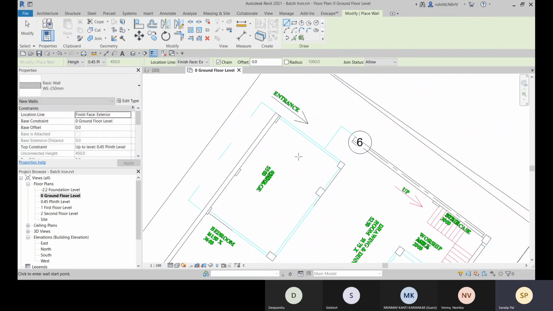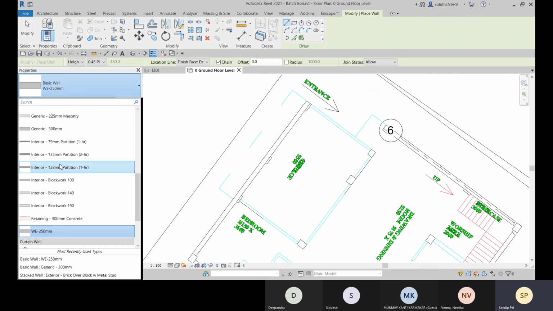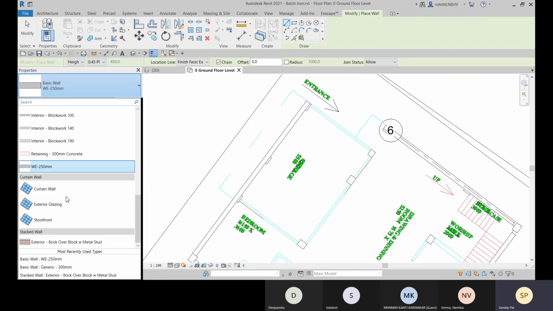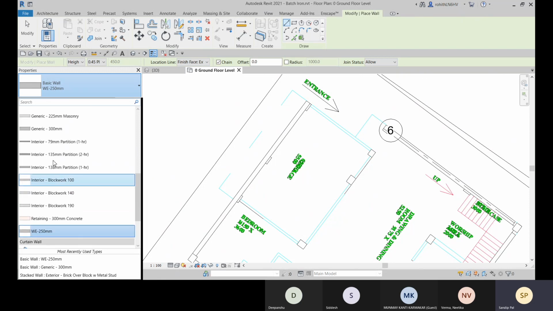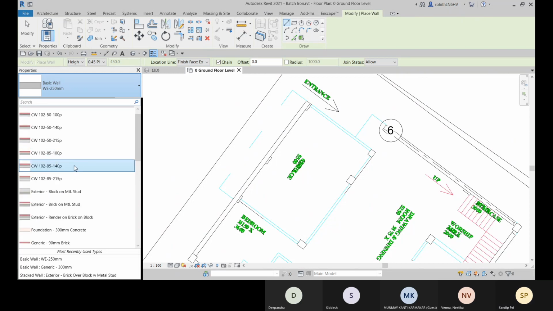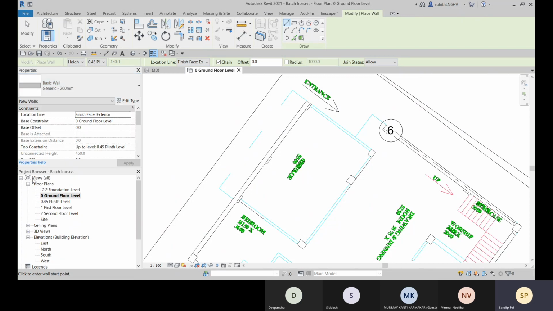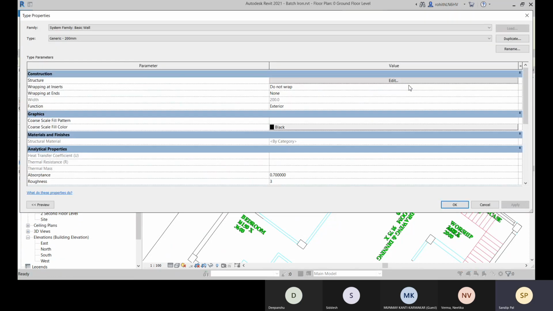Now for this, let me press escape, and this one has the thickness like 125 mm. So let me find out 125 mm if it is there. So no, it is not there. So let me choose this one or this one. Let's go for the edit type.